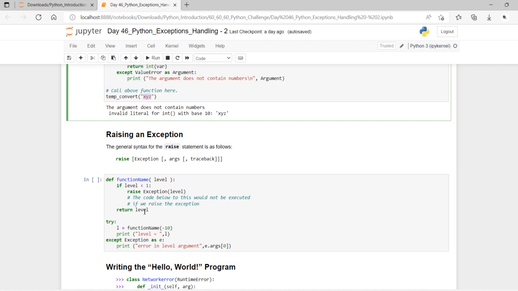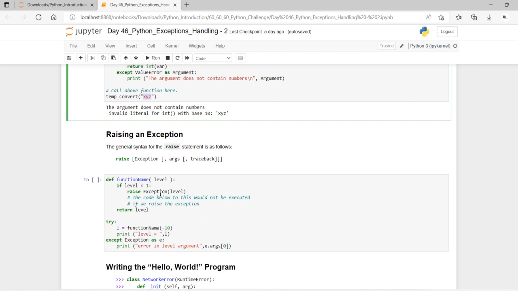So here it is returning the level, and this is the exact try except block, where the function is called with an argument of -10. Once it is called, it goes here, and with -1 it raises a level and makes it a return level.